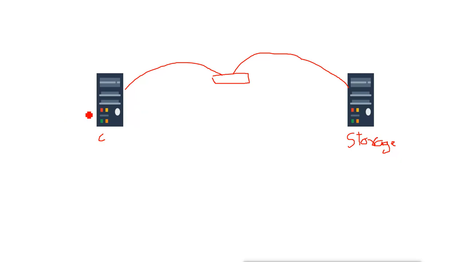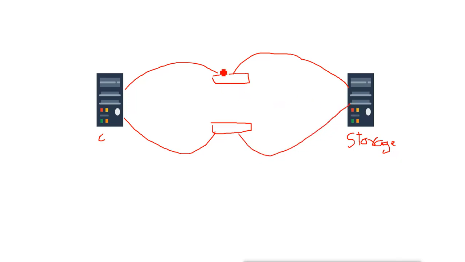The application will stop working on that server, because the application storage is not available. In that case, what we use is MPIO. For MPIO, we should have multiple paths available. For example, there is another path available from which the server can be connected.